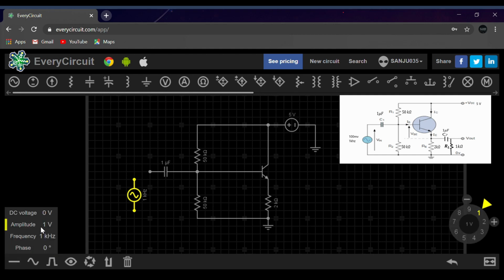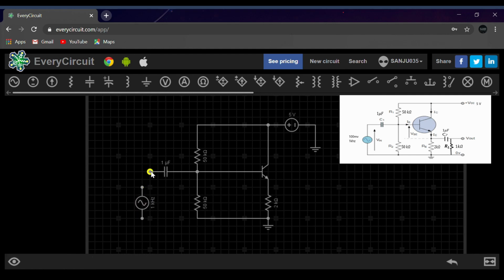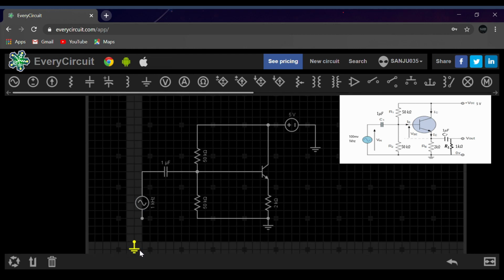We need an amplitude of 100 millivolts, so we'll set it to 100 millivolts, and the frequency is 1 kilohertz. Note that in AC analysis your DC voltage will be 0, hence I'm connecting it here. So let us connect the other end towards the ground.